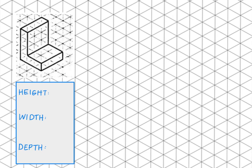In this tutorial, I'm going to show you how to make this isometric pictorial that's pictured over here on the left. The first thing we want to do is identify the height, width, and depth of this object. As you can see by the faint grid that's on there, we can actually count how many isometric